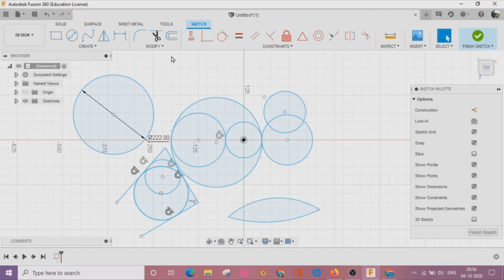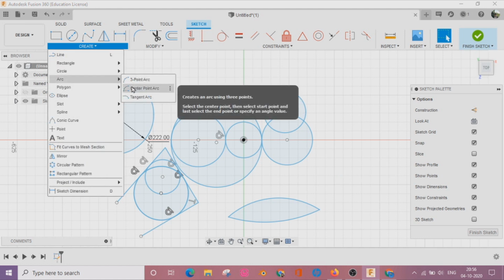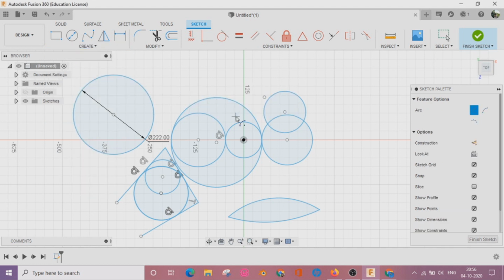Then another type of arc, 3 point arc is done, and center point arc. In center point arc, select a center point, then select start point, and last select the end point or specify an angle value. Let's see center point arc.